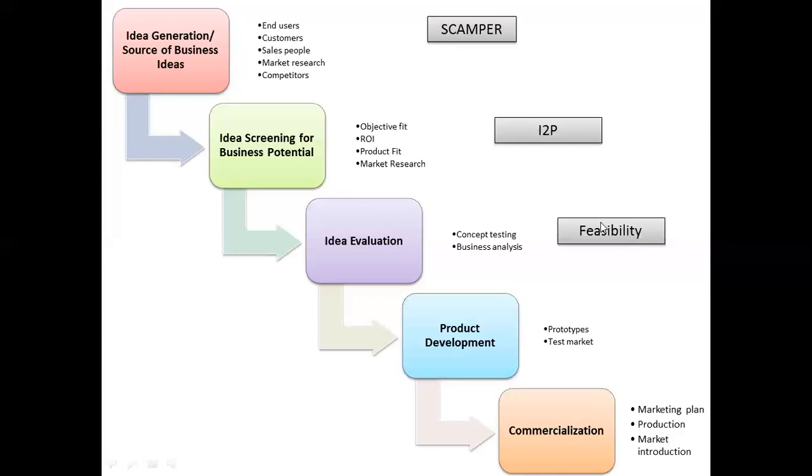So when the feasibility study is completed, the question is, where does the feasibility analysis generally lead to, or what are the results? Once the feasibility study is completed, we can come to one of three conclusions. The first conclusion could be the idea cannot be economically made into a product or service. Although the idea was generated, it had the potential. It was screened, and then the evaluation results